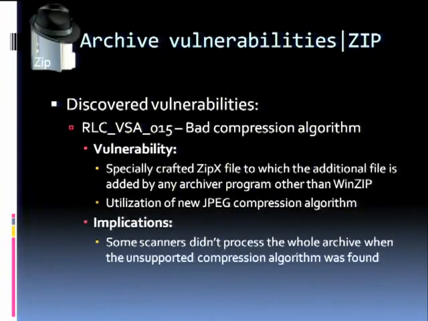The next one is also a weird kind of format. It relates to a bad compression algorithm, but it's not really bad, because of the specially crafted zipx file, which was introduced in WinZip 12. It has a new compression for the JPEG files themselves. So if you compress a single image, which is a JPEG, with this new zipx version, and you just rename the file to zip and use any other tool in the world to add another file inside that particular archive, we still have a valid zip file because all headers are the same between the new file